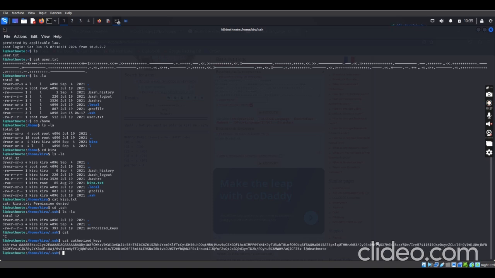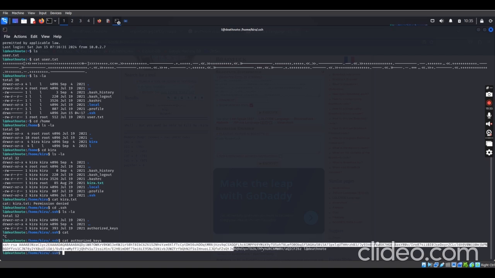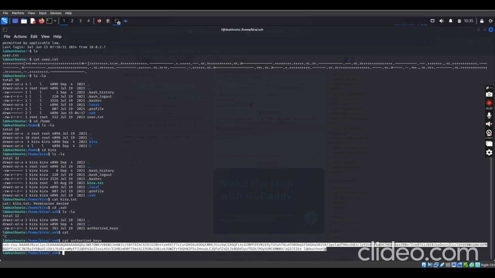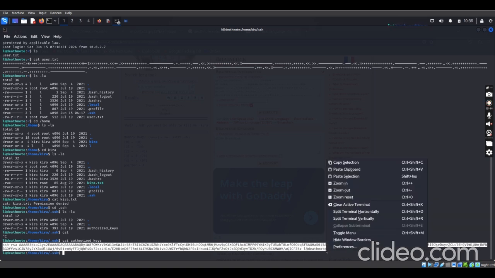So we are going to copy this authorized key for Kira because we need an elevated privilege like Kira to be able to read what Kira's file is, to elevate ourselves from L to Kira. So I'll copy it.